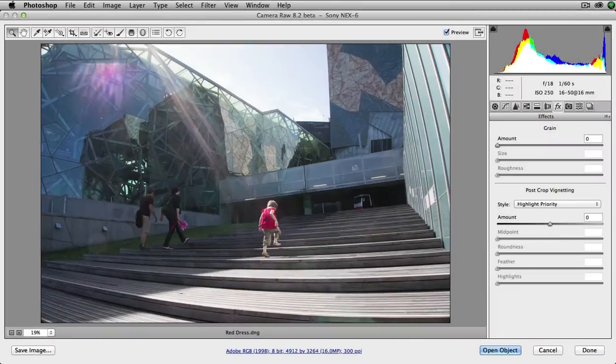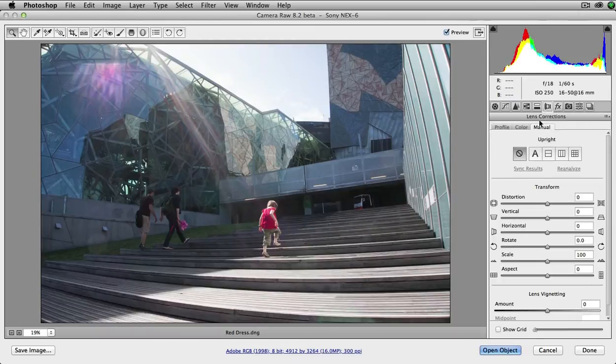Okay, let's take this image and edit it for drama. We've got this little girl climbing the steps in her red dress and her parents just off to one side, but the whole thing is perhaps just not as dramatic as I would like or imagine when I was capturing the image. Okay, so I'm going to start this project by going to the lens corrections panel,